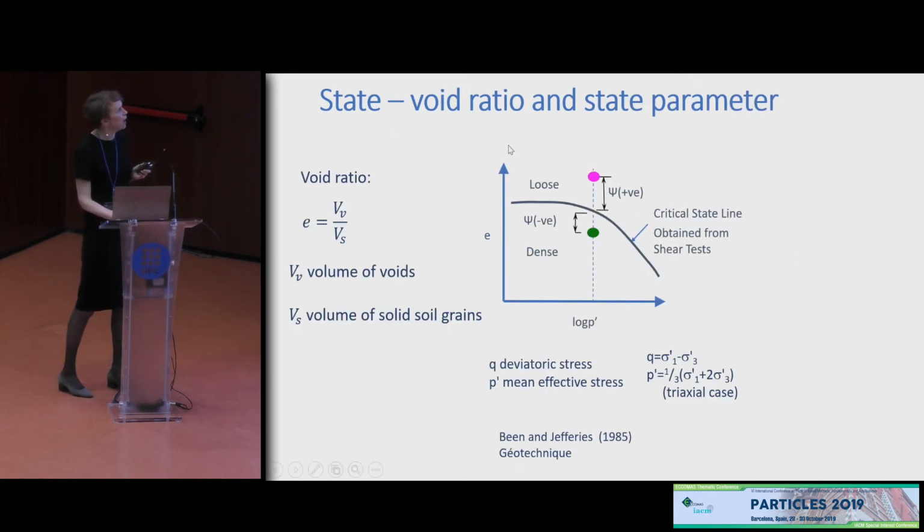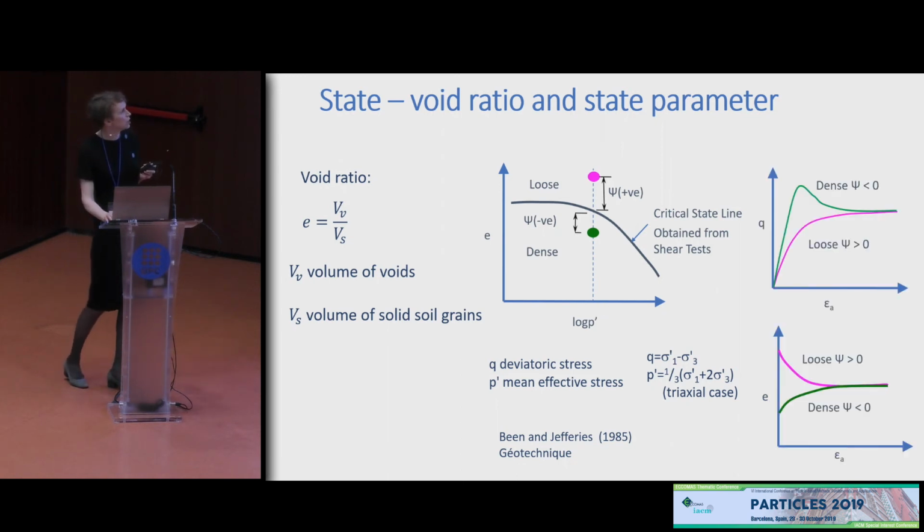And we can measure how far we are away from this reference state by looking at the difference in void ratio between where a soil is at any given point and this critical state line, by projecting that point up onto the critical state line at the same stress. And working in the 1980s,